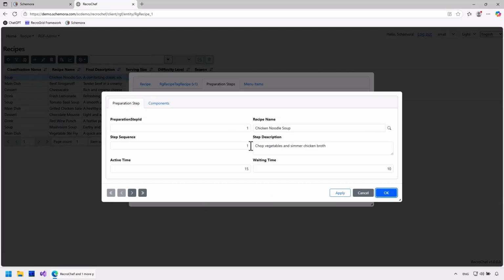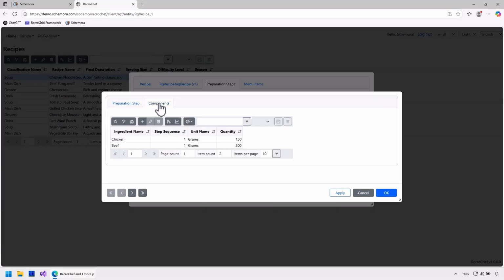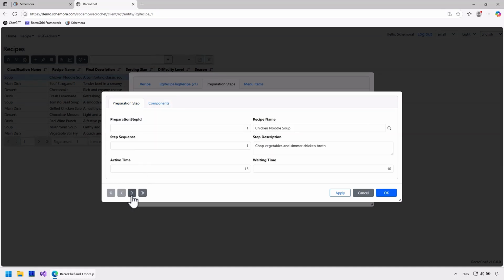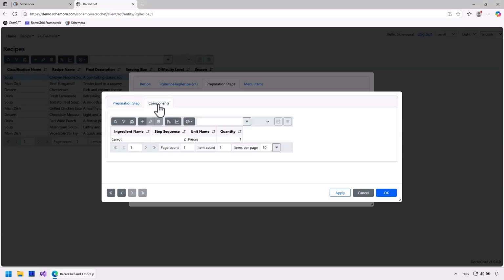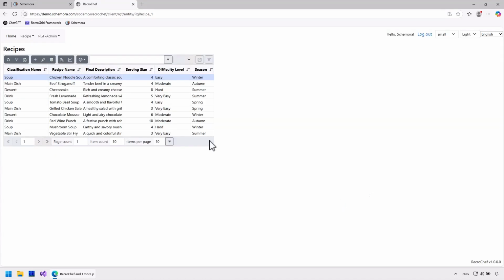Chop vegetables and simmer chicken broth. What do we need? 150 grams of chicken and 200 grams of beef. Oh! Second step, cook noodles and mix. What the heck? You need 1 carrot for this. Well, I am definitely not trying this one. Let's check out something else.